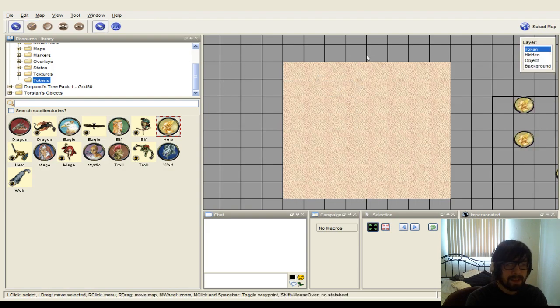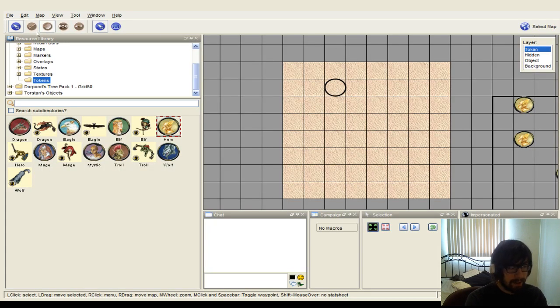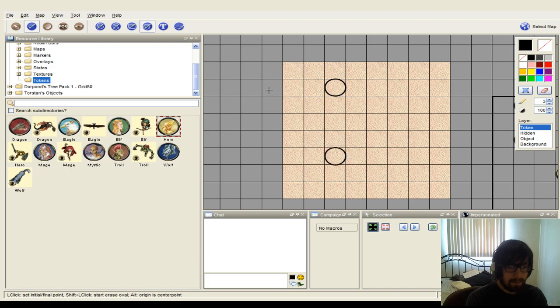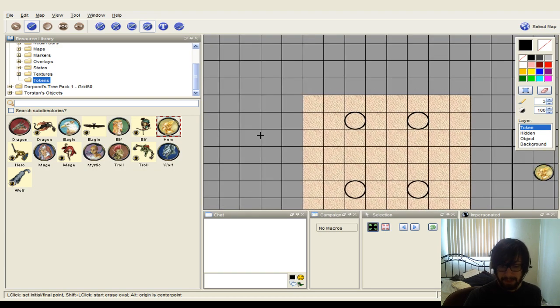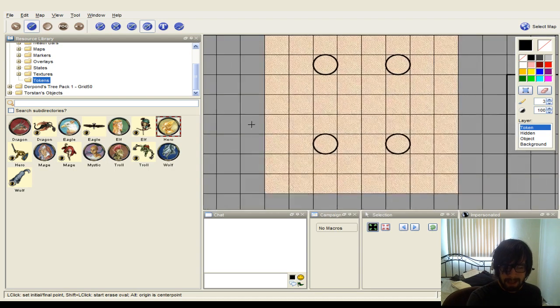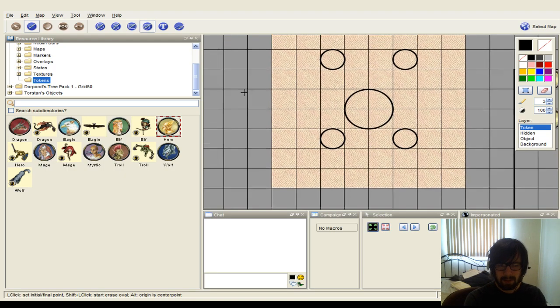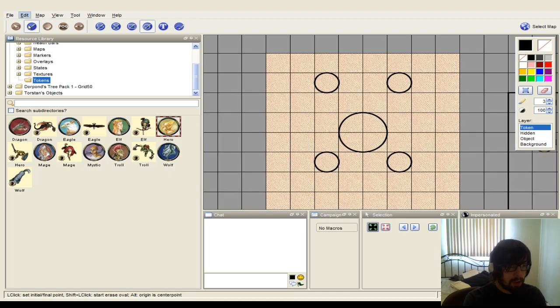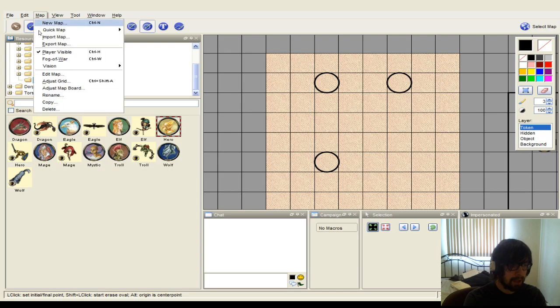oh, I know what I'm wrong. So map tools can be a little picky about layers because it doesn't have many of them, but I will just put these on the bottom layer, and now you can see the drawings. So these probably won't be evenly spaced, but I do something like that, and you say, those are solid stone pillars, you can't shoot through them, you can look around them, but you can't see through them, things like that, and suddenly this isn't just a plain boring square. And if you want to get even more diverse with it, maybe you throw a big one in the center. That's off-center, but, something like that. Or you scatter them about, something like,